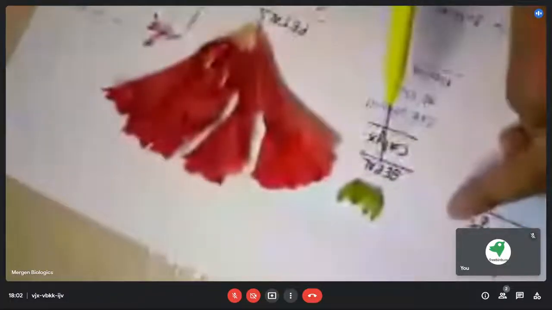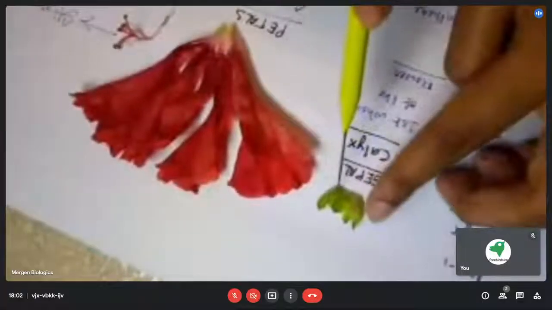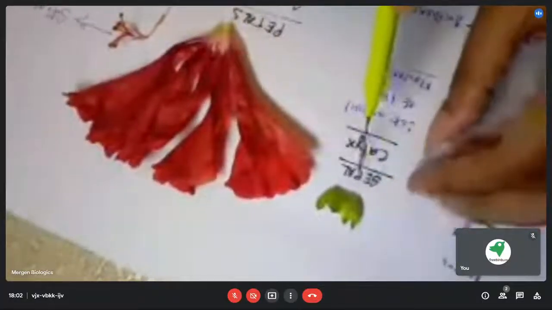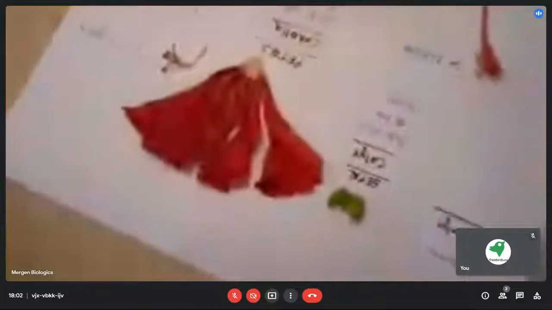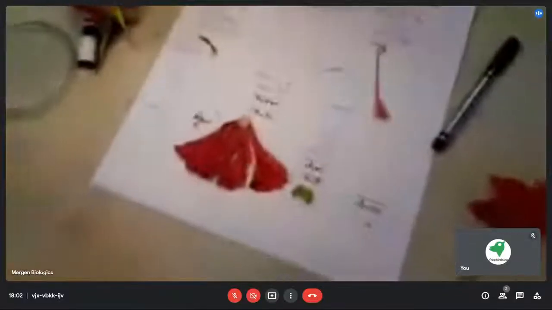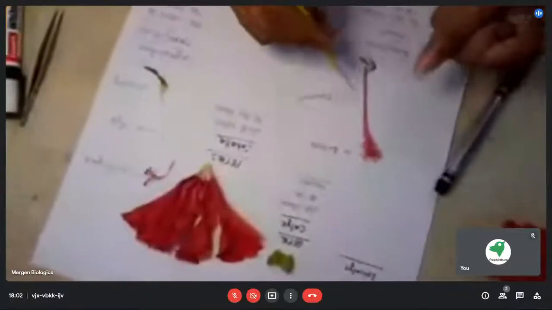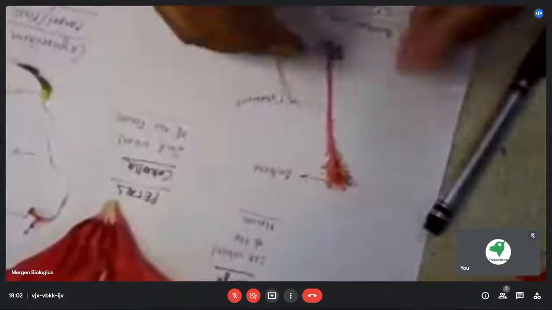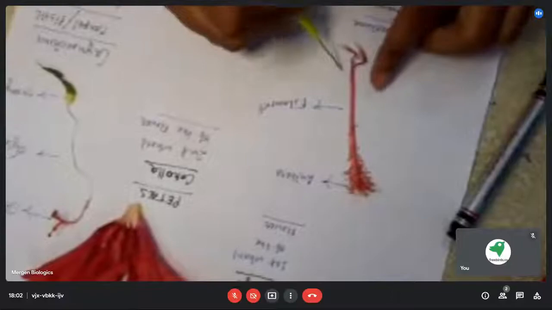In the arrangement of sepals where they are very clear, not overlapping, and have very definite margins, it is known as valvate, but here they are overlapping one another and it is known as twisted type of aestivation. Again, this flower has only one ovary, but in the case of some other flowers, they have multiple ovaries. And this stamen, there is only one fused stamen, that is, all these anthers are fused together to form one stamen. In many other varieties, or other species, there may be multiple stamens.